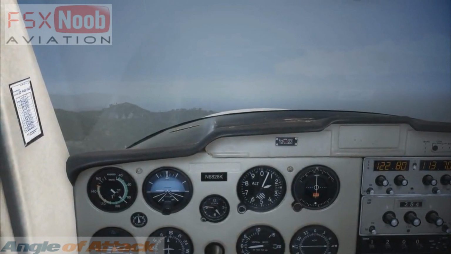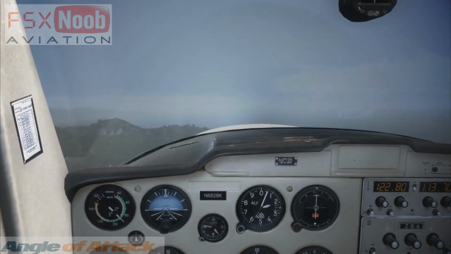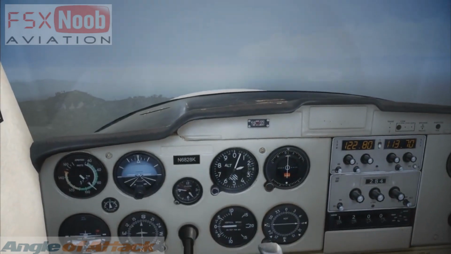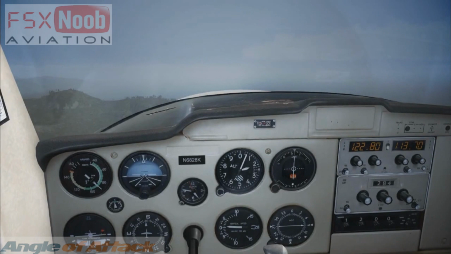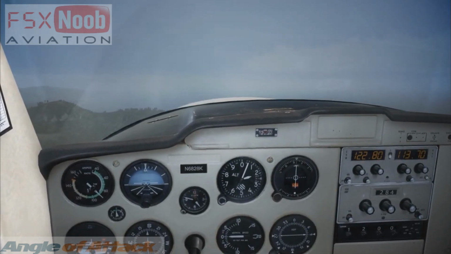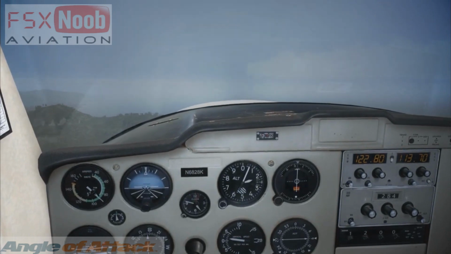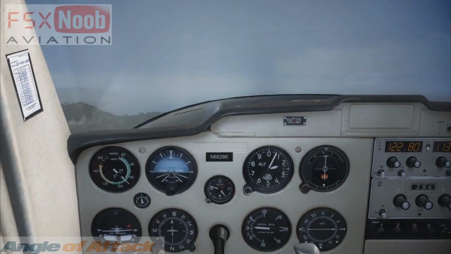First off, let's just fly straight and level at full power. This is generally your cruise situation. So in a small aircraft like a 152 or 172, you're going to simply be at full power most of the way, as long as we don't go past the red line on the tachometer. As you can see, we get pretty good airspeed out of the aircraft when we aren't climbing, just a nice